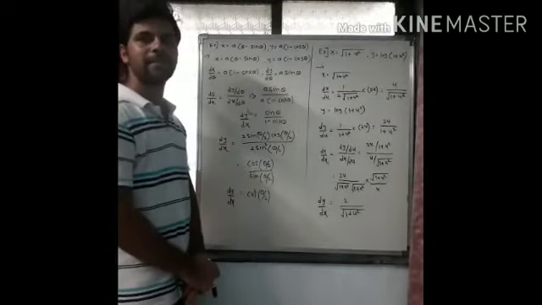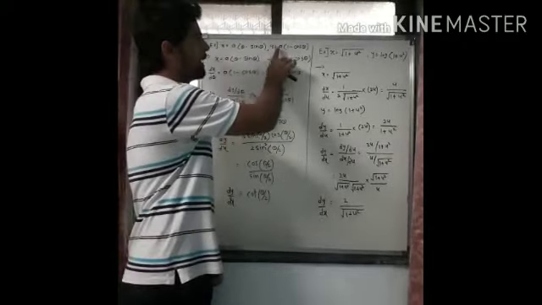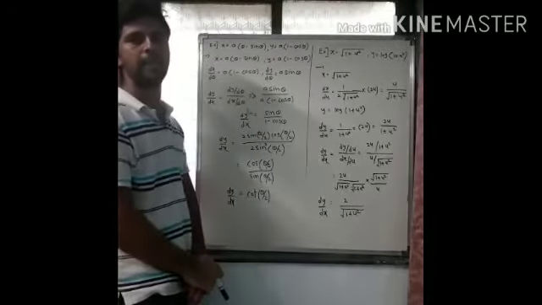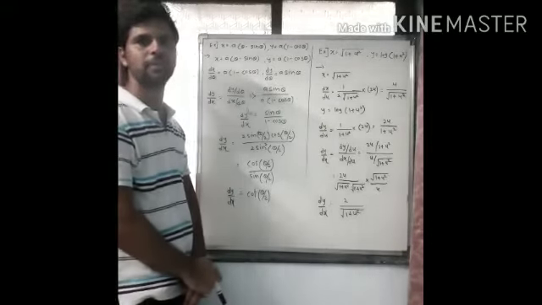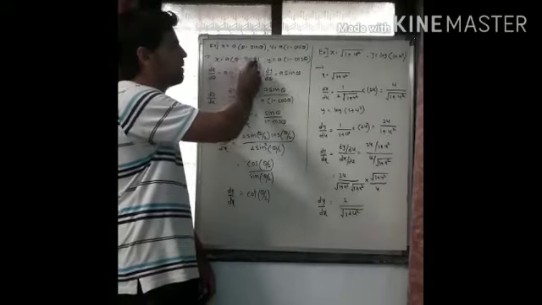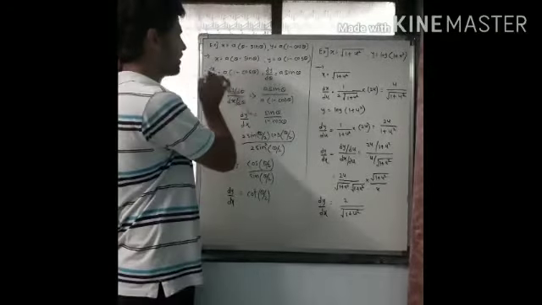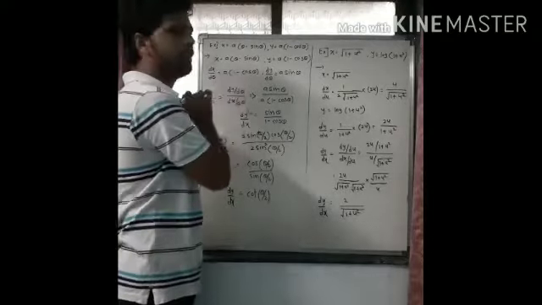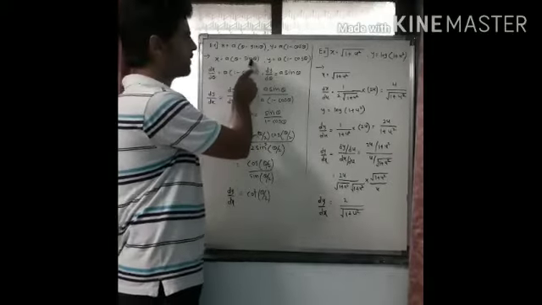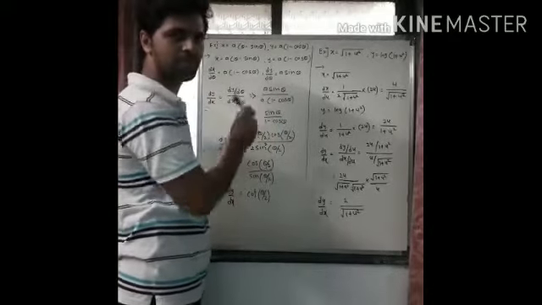Okay student, now let's see the next example. X is equal to a into bracket theta minus sine theta and y equal to a into bracket 1 minus cos theta. Now you can see that here the parameter is theta, so we can differentiate both x and y functions with respect to theta. So let's see the first function x equal to a into bracket theta minus sine theta. Now differentiate this x with respect to theta, so it becomes dx upon d theta. A is constant, keep a as it is, and derivative of theta with respect to theta is always 1. Derivative of sine theta is cos theta. Done. Now similarly differentiate y with respect to theta, that is dy by d theta.